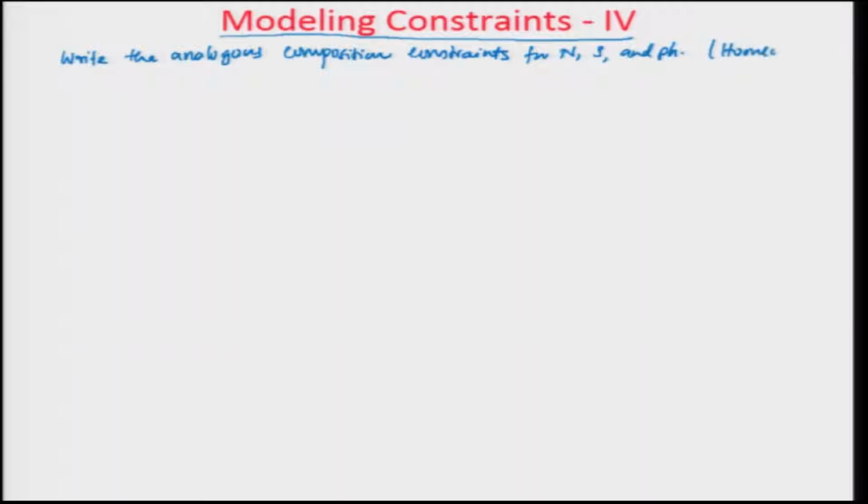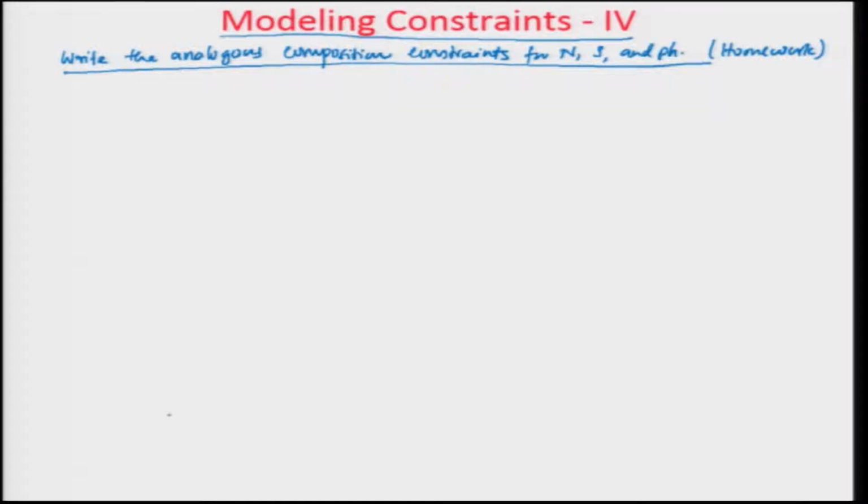Continuing on what we were talking about earlier, now let's try to model the other remaining constraints of the problem. So now we will try to write the analogous composition constraints for nitrogen, sulfur and phosphorus. Please do this as homework, but I'll show you one more, basically how to write the